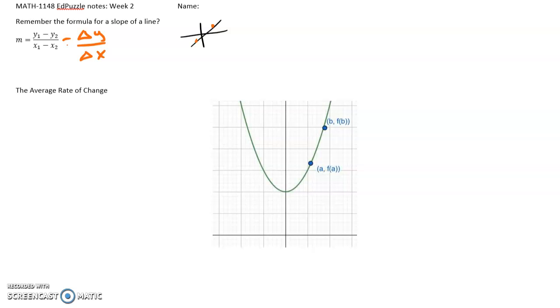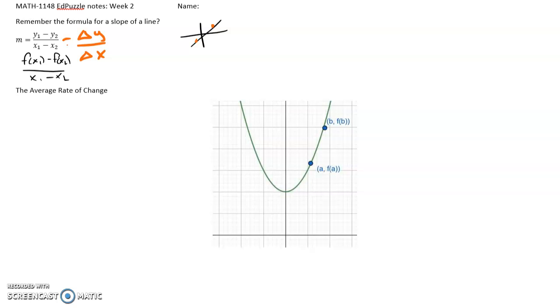Now, when we're thinking about things in terms of the function notation, if we replace those y's with f of x, it would be f of x1 minus f of x2 over x1 minus x2. So we can extend this idea to other functions. So if you see I have a parabola here, we can do this with any function, not just a parabola. But if I have 2 points on any function, I can calculate the average rate of change between any points